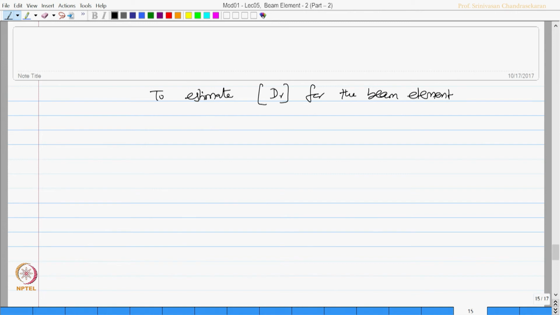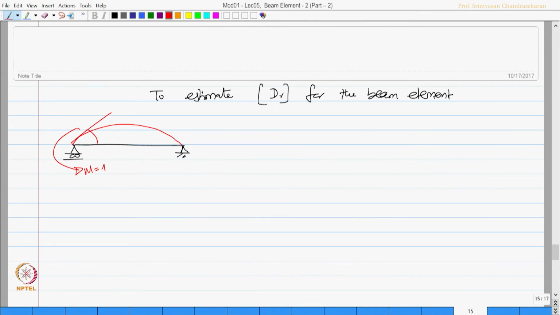So, once we get that, we will be able to find the Kr. So, let us do that quickly. This is my beam, this is my deflected shape, I cause unit moment